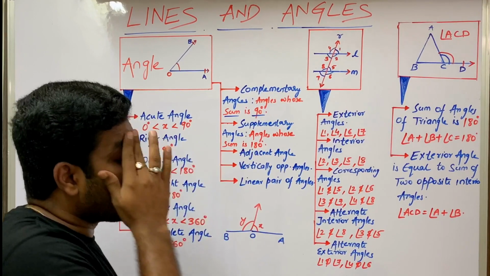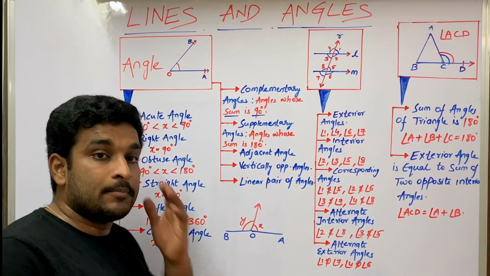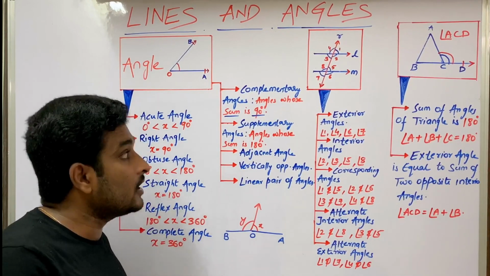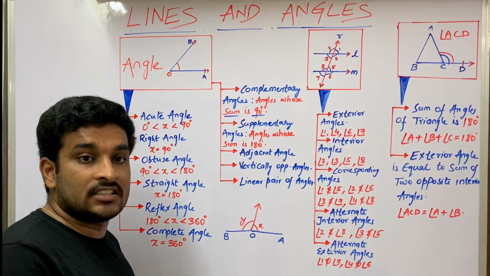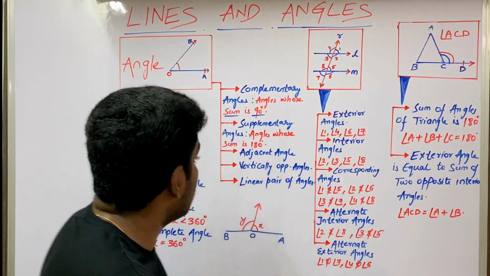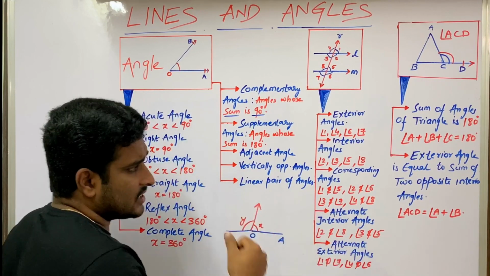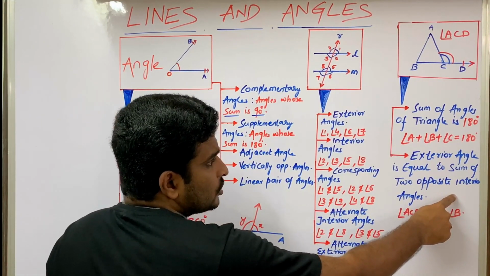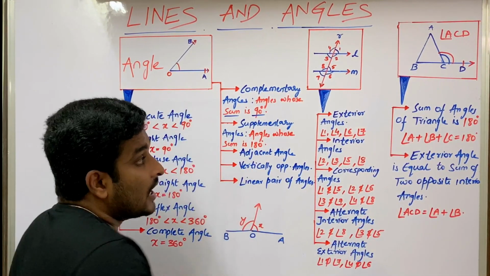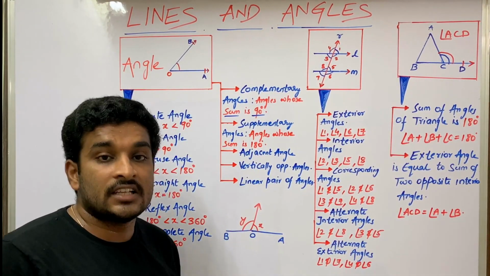These are the basic concepts and introduction for lines and angles, where we'll take different theorems and explain and prove them, so that the introduction to lines and angles gets cleared. In the next class I'll take the theorems of different concepts like vertically opposite angles, why alternate interior angles are the same, why the exterior angle is equal to the sum of two opposite interior angles, and why the sum of angles of a triangle is 180 degrees. I'll explain in the next class.